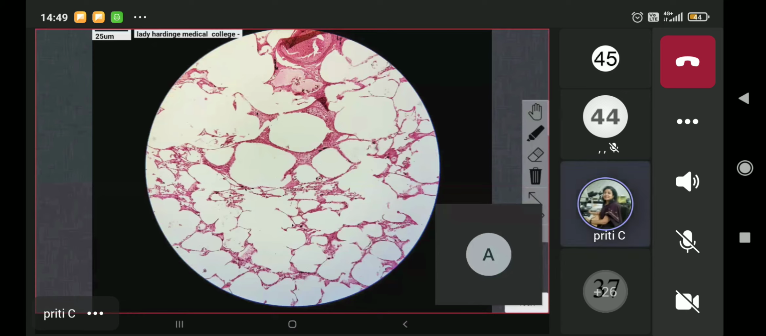I was just repeating in case of emphysema, you see dilated and